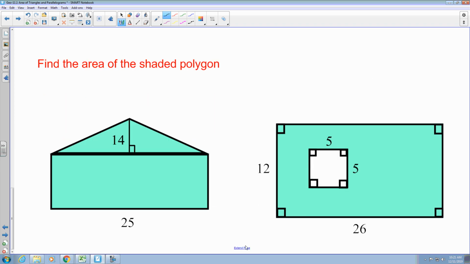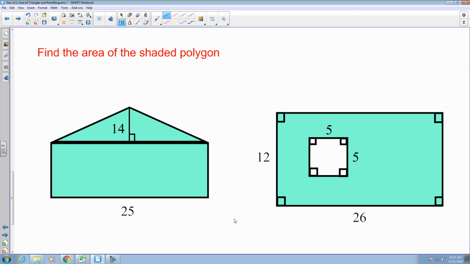Over here, they want us to find the area of the shaded region. So in this first example, the whole thing is shaded. It kind of looks like the front of a house in a drawing of some kind, with the A-frame pitch of a house and the roof and everything. So basically what you're going to do is break this up into two separate areas and then add them together. So this top shape here is area A, and this bottom shape here is area